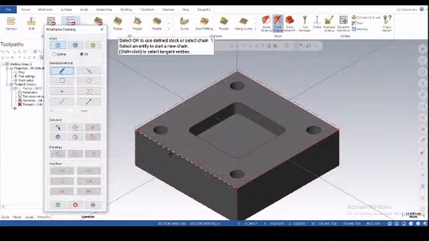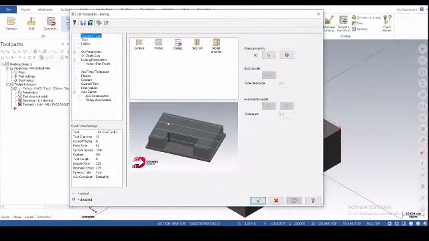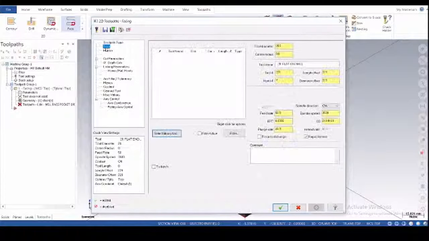After selecting the chain, you have to click OK. After that you will get a 2D toolpath facing window, and according to your application you have to select the toolpath type, which toolpath you are doing now. So I have to do facing, so I have selected face, and next we have to select the tool.